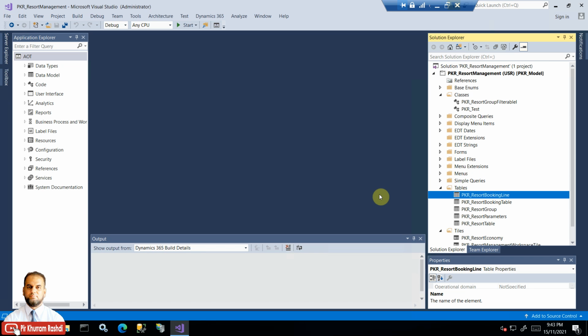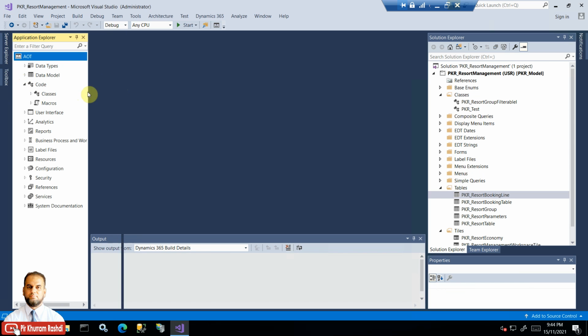For example, if we are hiding a button, or doing data validation, other data specific code logic usually belongs to a table. And if the code on a form level or table level gets more complex, it should move to the class level. There can be an example of a sales table, and if I can show you, one of the examples is